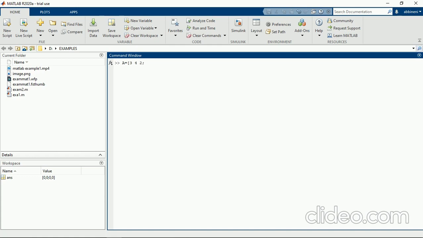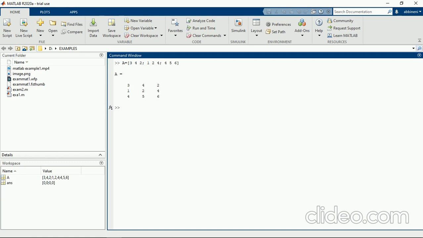For column to column we give a space, and for row to row we give a semicolon. Let me check once. This is what I required.